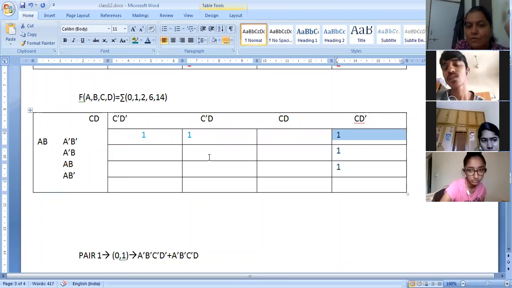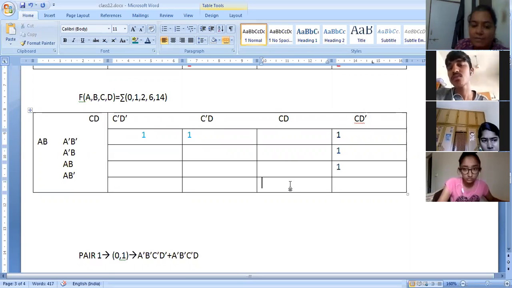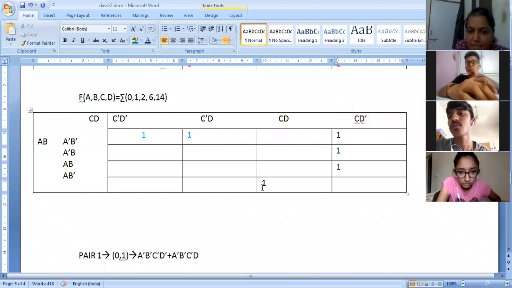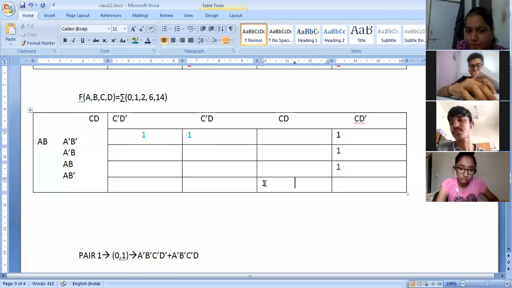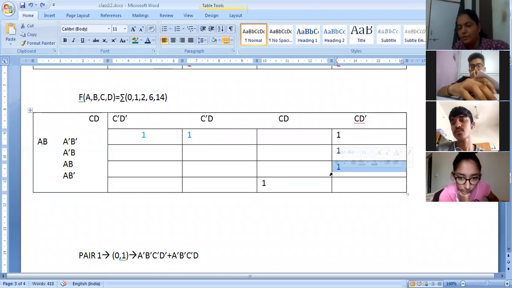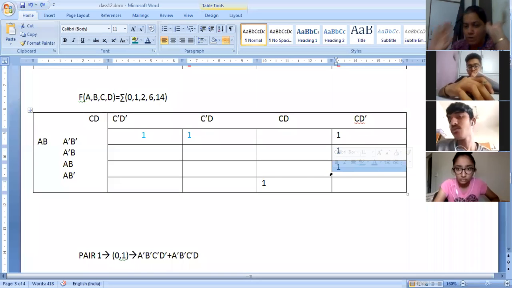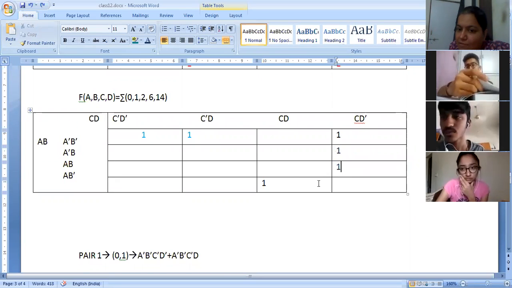Now let me tell you what is not allowed. Now I will remove this. Making a pair of these two is not allowed. This one and this one, diagonally, is not allowed. You need it in one line: vertically, horizontally, rolling over are allowed, but going diagonally is not allowed. So even if you have ones like this, you cannot make a pair.